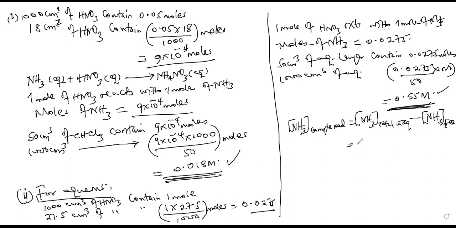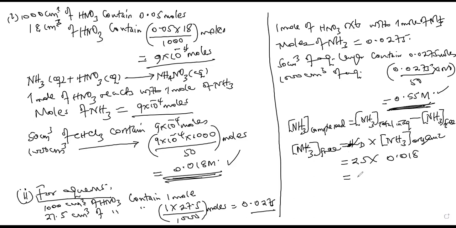Now we don't have free ammonia, so let's first get free ammonia. To get free ammonia, we take Kd and multiply by the concentration of ammonia in the organic layer. The Kd was given as 25, and the concentration in the organic layer is 0.018, and this will give us